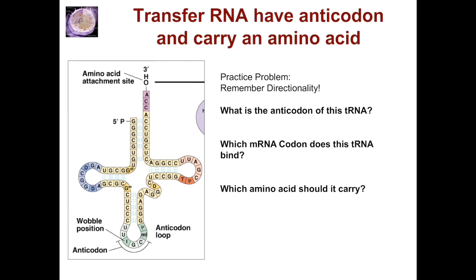So if you're going to have a messenger RNA that is reading AUG, then what is the tRNA anticodon of that? And then you would go look at the genetic code table to figure out exactly which amino acid